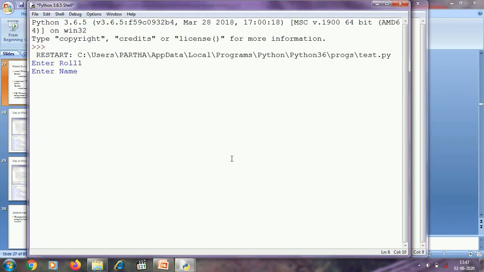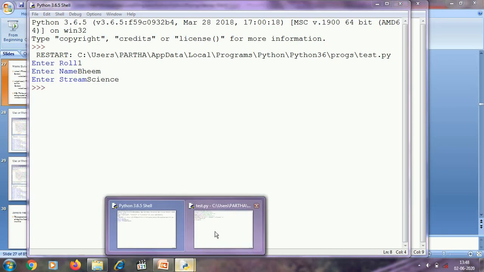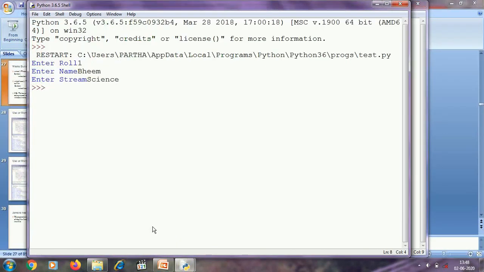Enter roll, for example 1, enter name, for example Bhim, stream science. So using this program I have written a single student record to the text file student.txt.